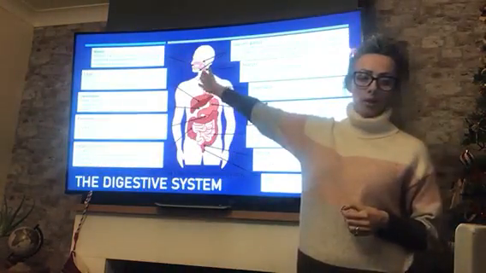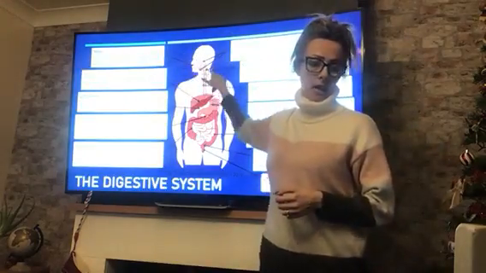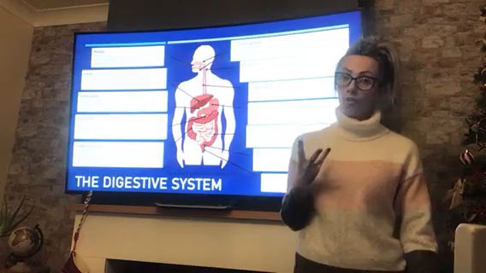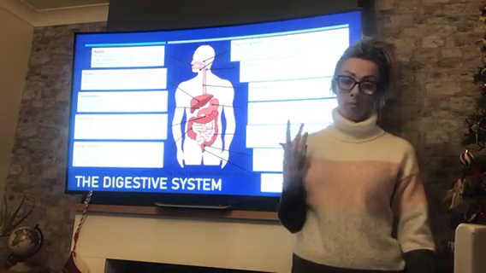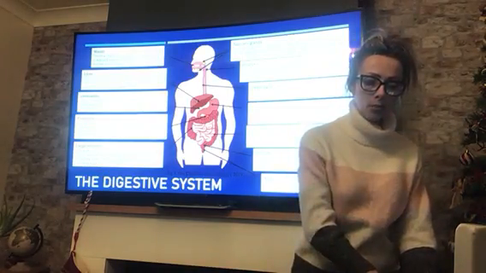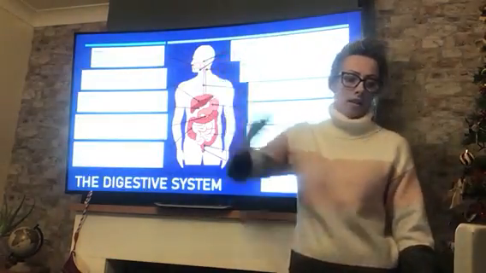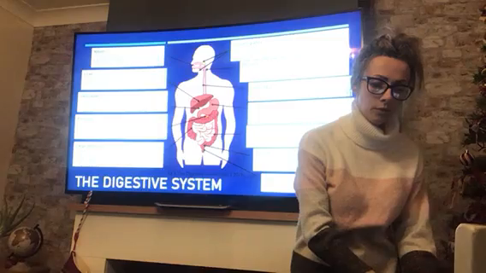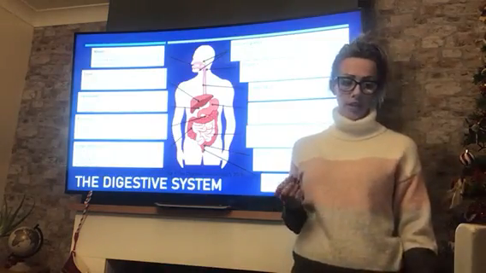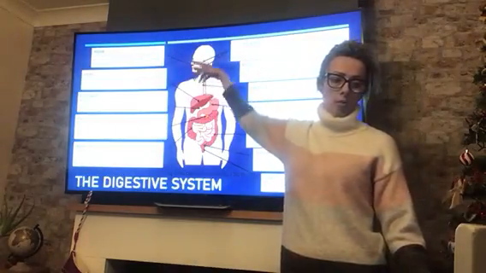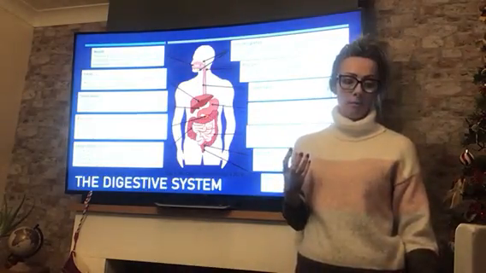Within your mouth is where the mechanical procedure of breaking down food begins. This includes your teeth and your tongue, which roll your food into a bolus using the form of mastication. Amylase within the saliva secreted by the salivary glands starts to break down different foods, helping to speed up the actual process. The pharynx is where the bolus then passes through, which takes food, water and air from the mouth